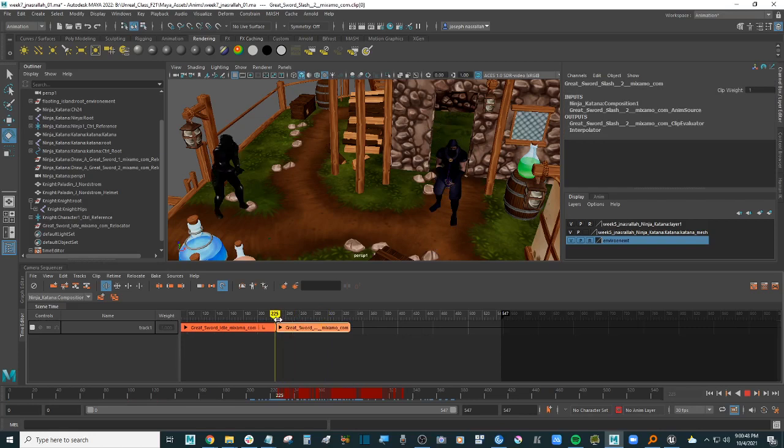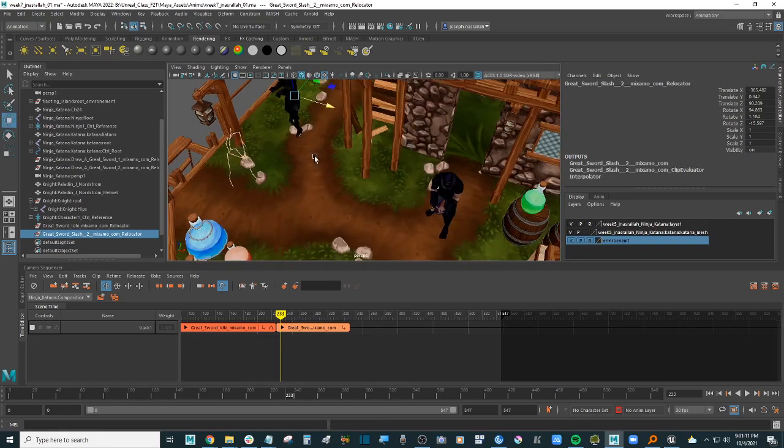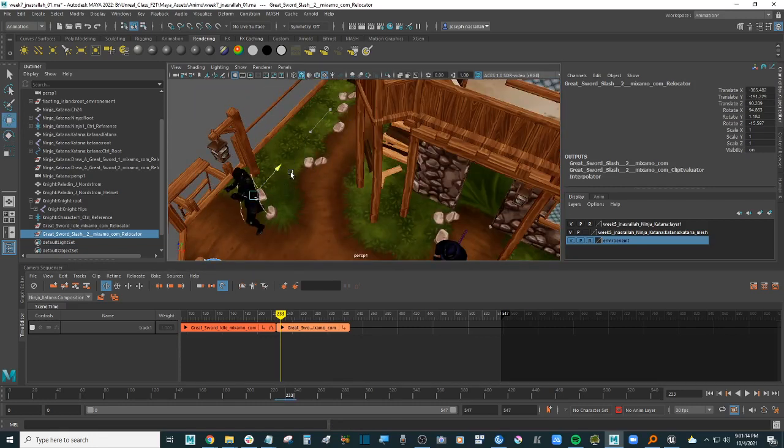So we're gonna move this guy too. I'll enable ghost on the previous clip so we see where the last frame is. And we'll create another locator here for this one, and just move him in the world to match